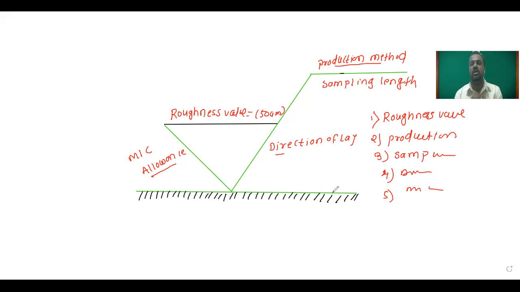From these values, the operator will easily understand how to manufacture the component. Suppose, for example, we have to manufacture this bottle, and to manufacture this bottle we have given this surface roughness symbol. For example, suppose here, right now you please tell me